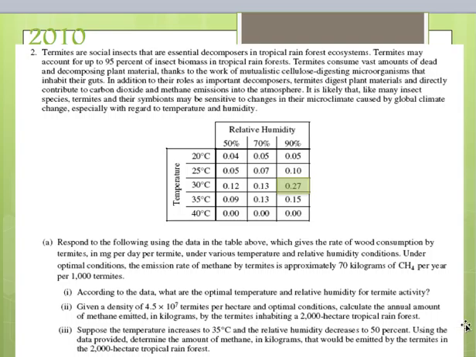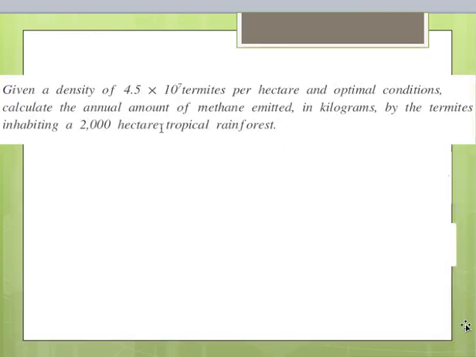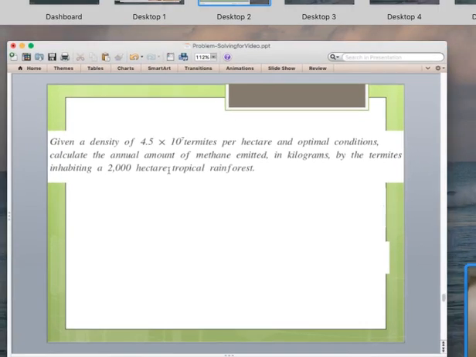The second one, given a density of 4.5 times 10 to the 7 termites per hectare and optimal conditions, calculate the annual amount of methane emitted in kilograms by the termites inhabiting a 2,000 hectare tropical rainforest. Okay, so